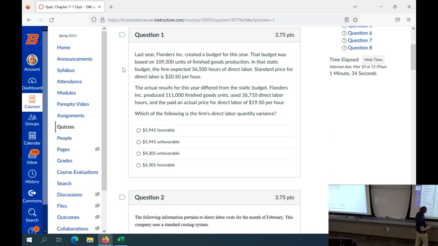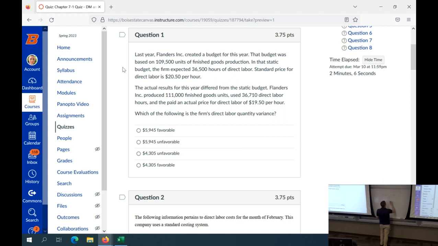Flanders Incorporated produced 111,000 finished goods units, used 36,710 direct labor hours, and paid an actual price for direct labor of $19.50. Which of the following is the firm's direct labor quantity variance? So right off the bat, I can start ruling out some of the information as being relevant, because I'm looking at my pyramid mentally or literally,